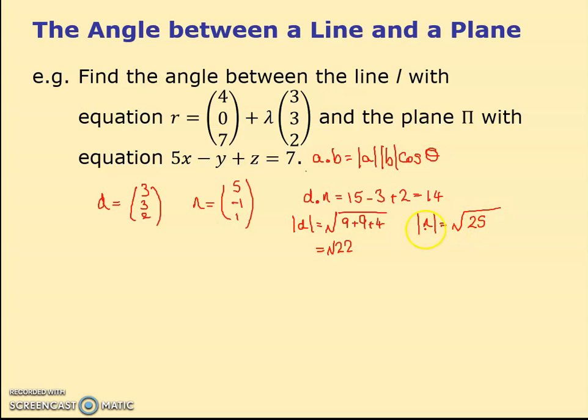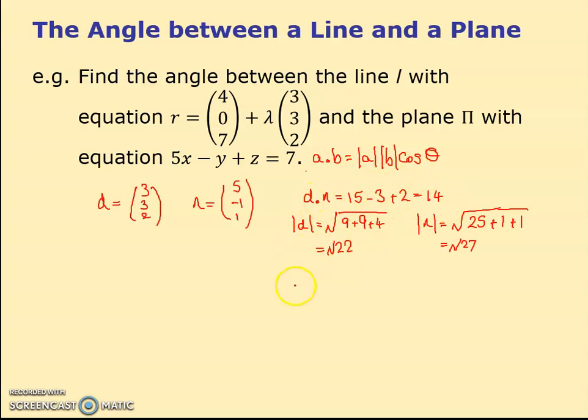The square of 5 is 25. The square of minus 1 is 1. The square of 1 is 1. So that's root 27. And so what I basically now do is I can say, well, using this formula here,